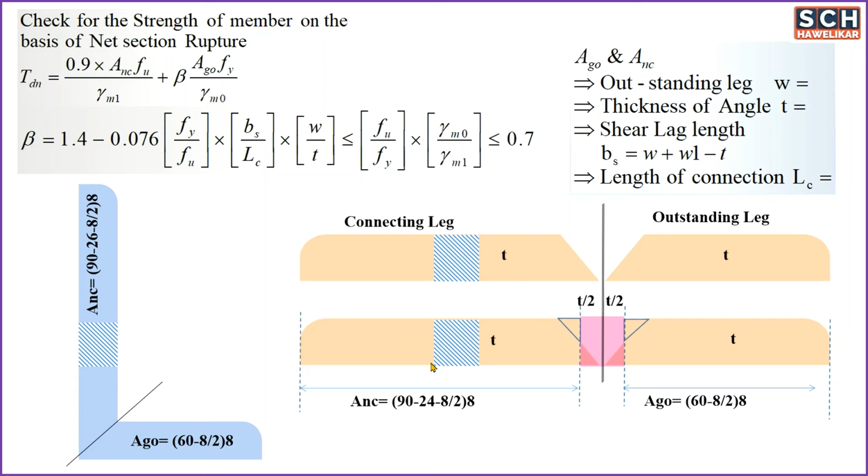So particularly for our calculation, what we can write is W plus W1 minus T, because here this total length is W1. Sorry, this is W1 minus T. This is T by 2 plus T by 2. This outstanding leg will be W, and the remaining part up to the center of bolt will be W1, and this particular part we are reducing, that is minus T. So likewise we can calculate the required part.